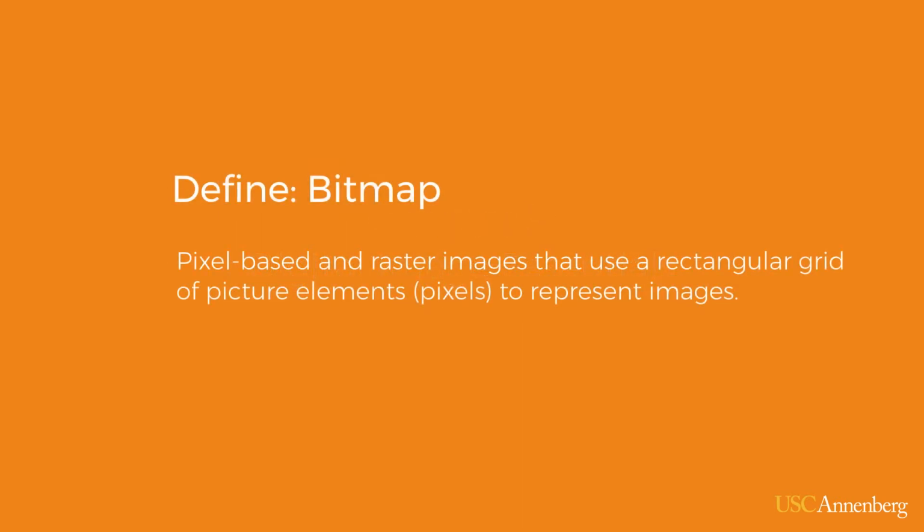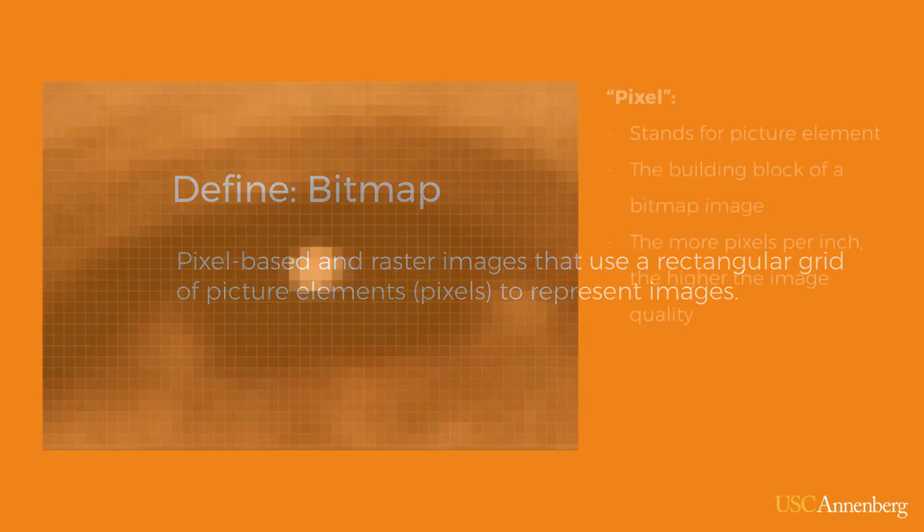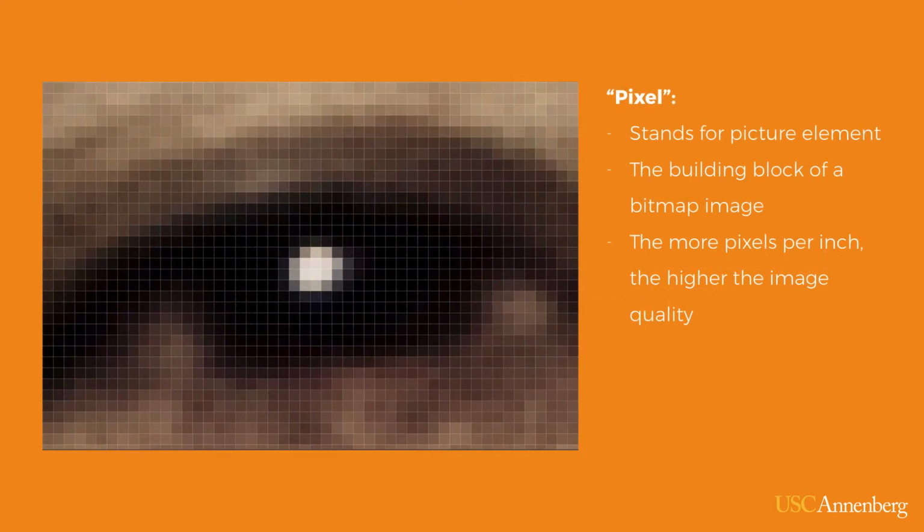Bitmap images, also referred to as pixel-based and raster images, use a rectangular grid of picture elements, pixels, to represent images. Pixel is a concatenation of the term picture element. Pixels are the atoms, the basic building blocks of a bitmap raster image. Bitmaps are resolution dependent in that the more pixels per linear inch your file has, the higher the resolution and